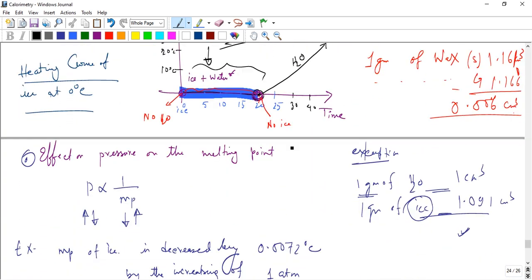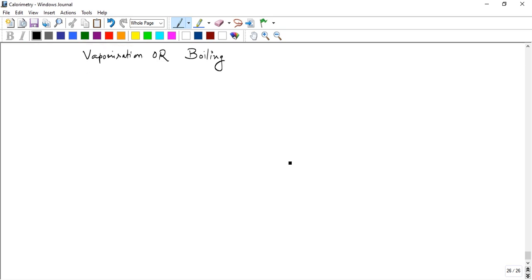Now write the definition of boiling or vaporization, which is very important. The change from liquid to gas or vapor